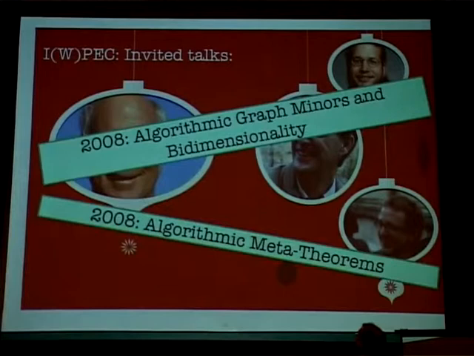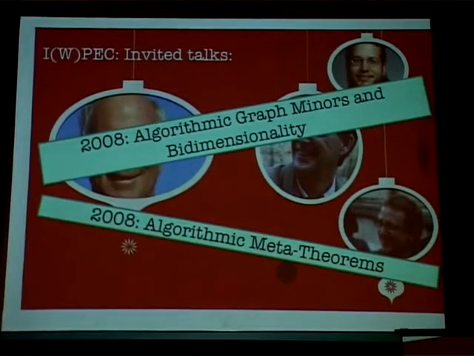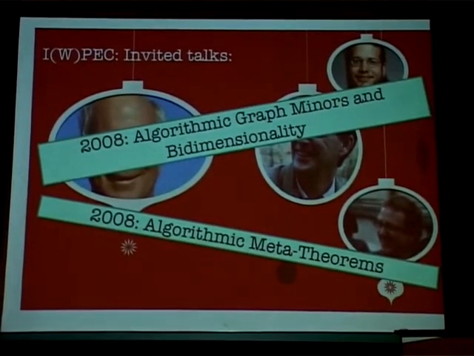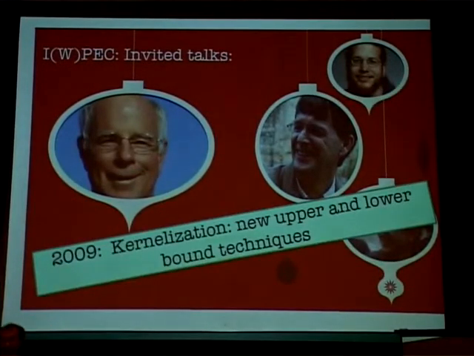2006. In 2008, two invited talks drew my attention. The first talk was by Erik Demaine, who was speaking about algorithmic graph minors and bidimensionality. And also there was Stefan Kreutzer, who was giving a talk on algorithmic meta-theorems. Okay, so the next, still IWPEC, Hans Bodlaender was speaking in 2009 about new upper and lower bound techniques for kernelization, right? And then I was thinking, well, do I really have any choice, or should I start